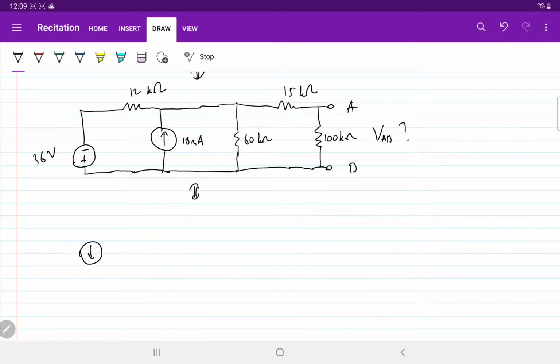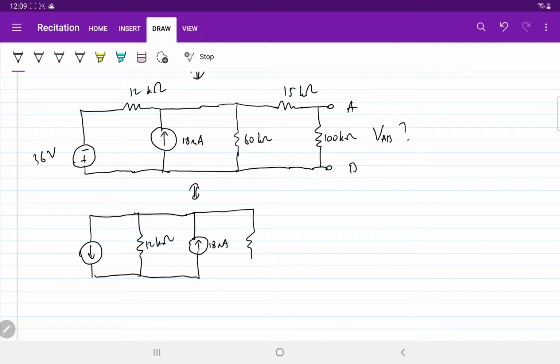Since the sign is flipped, we have to flip the direction of the current source to the other direction. We have the same 12k, the same current source which is 18, same resistor there, 60k, 15k, 100k,